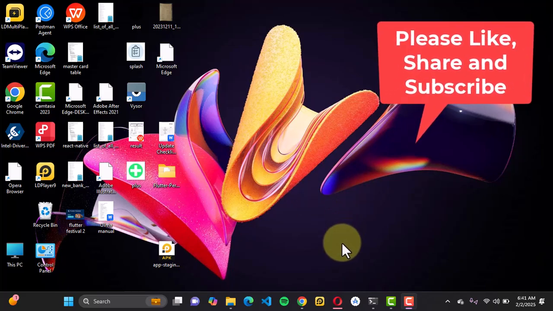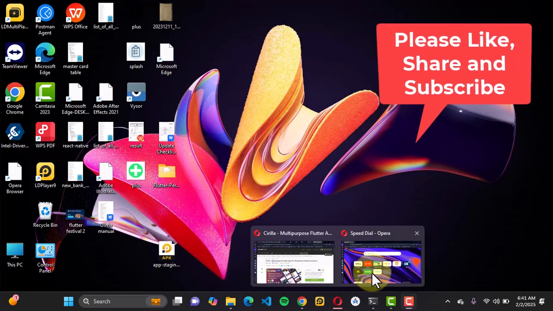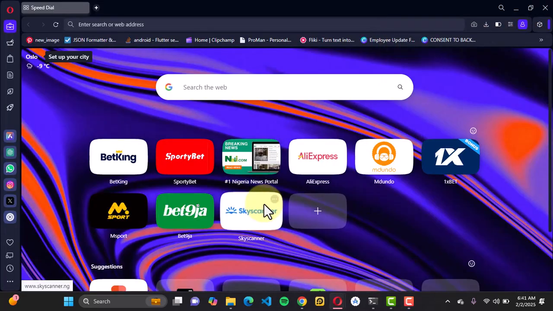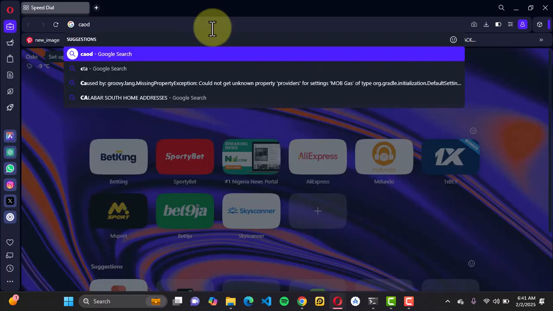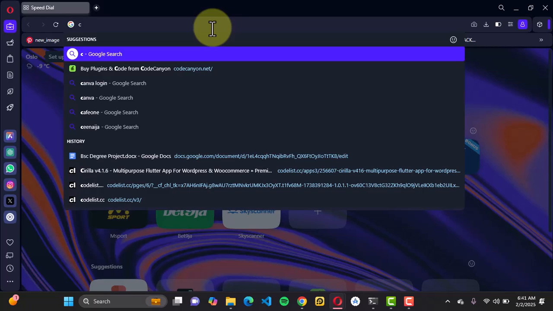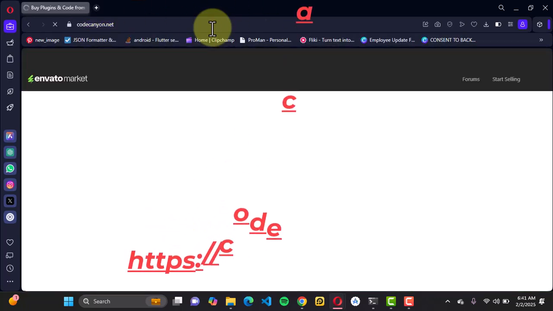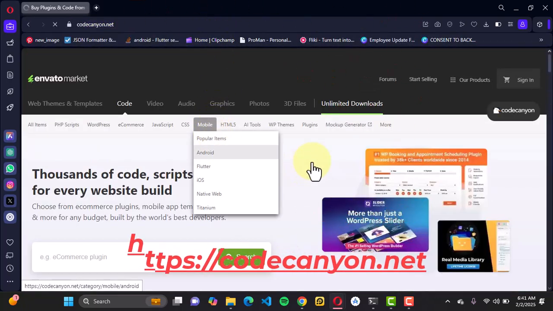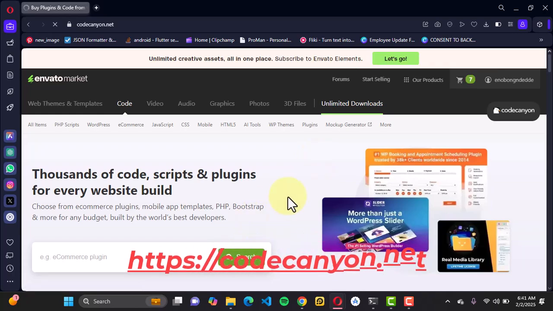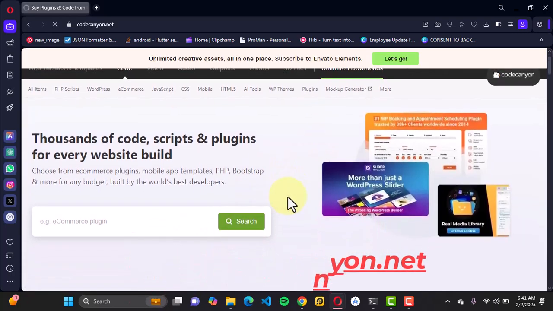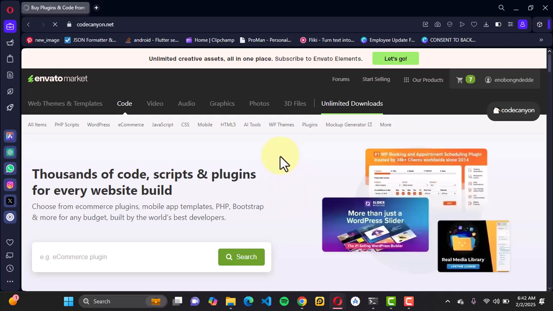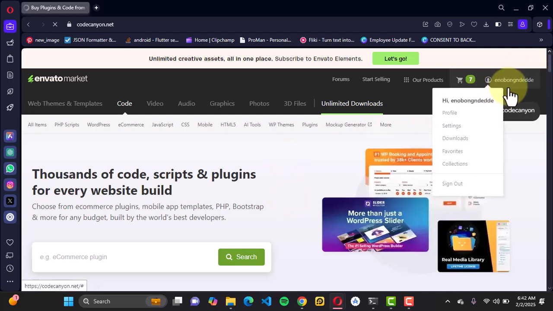So as usual, we'll just go to our preferred browser. In our case, we're using Opera Mini. So we're going to go ahead and search for CodeCanyon.net. And once you do that, you'll be redirected to the home dashboard, right? So you could go ahead and sign in